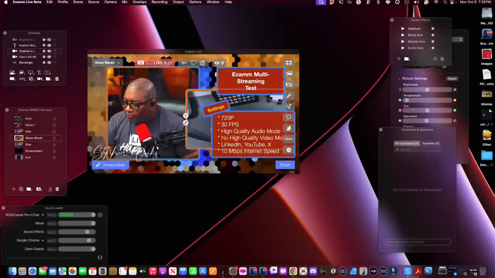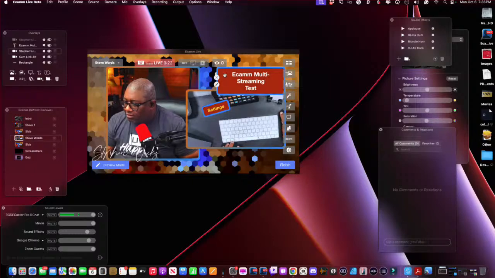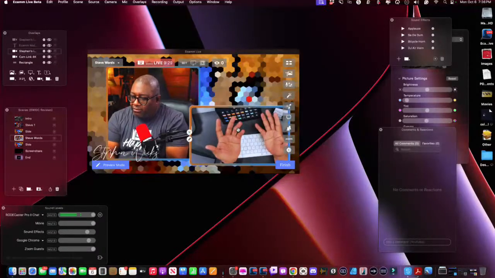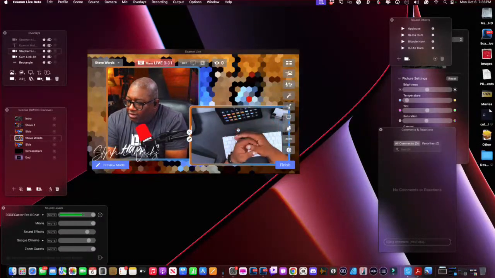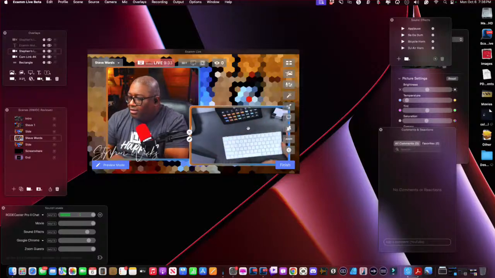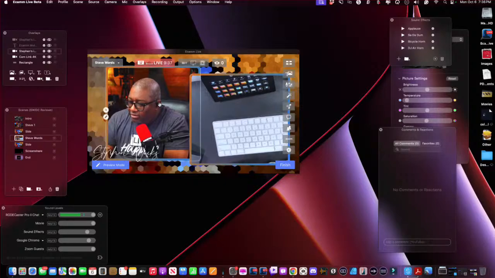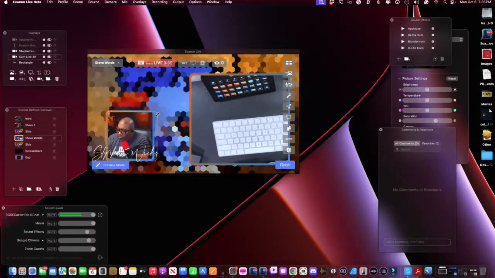Let me get rid of this, get rid of that, and get rid of that so you can see better. And so now, this is me and my overlay in the same scene here. And you can just adjust it how you want. You can make this small, large, really just kind of play around with it.